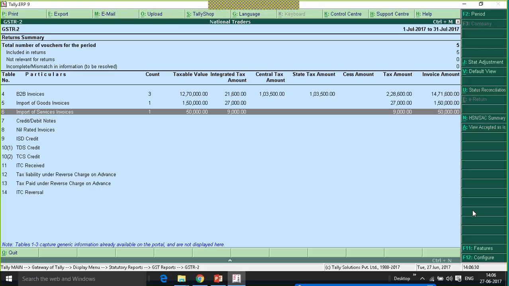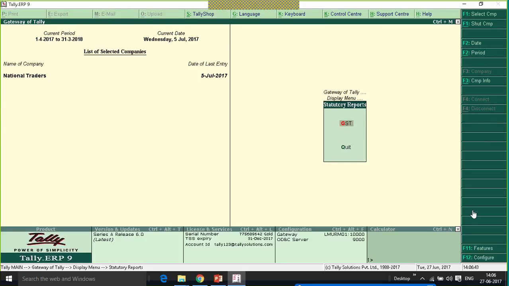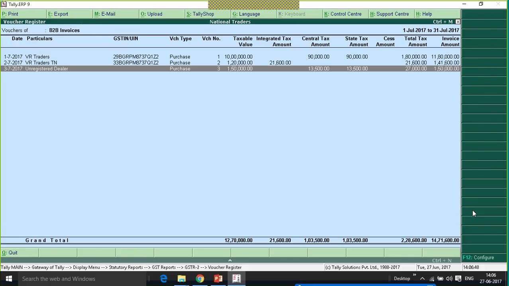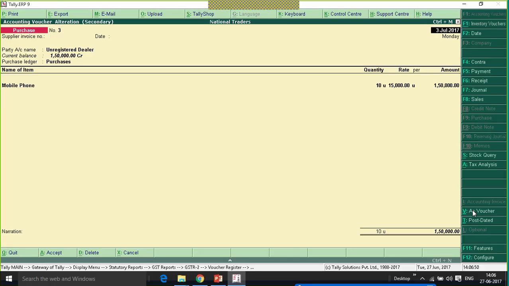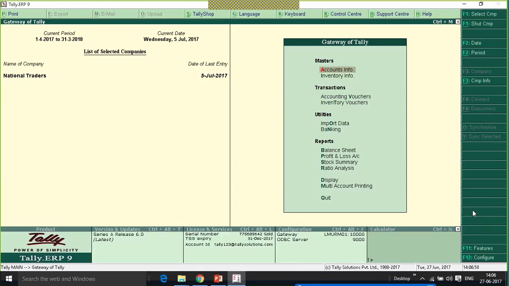Now let us record these adjustment entries. So to start with, I have purchased goods from unregistered dealers, 10 quantities at the rate of 15,000.